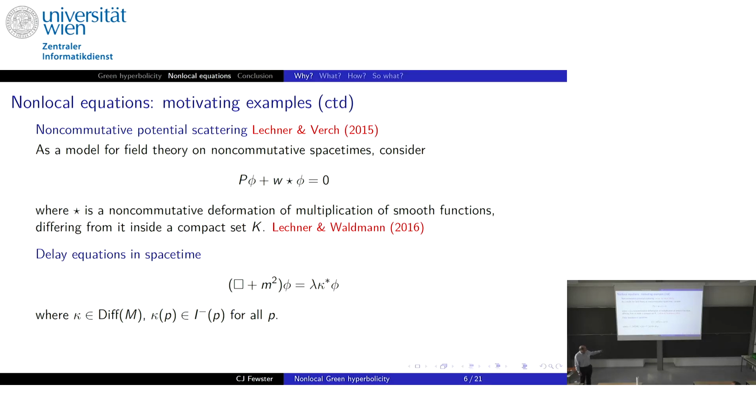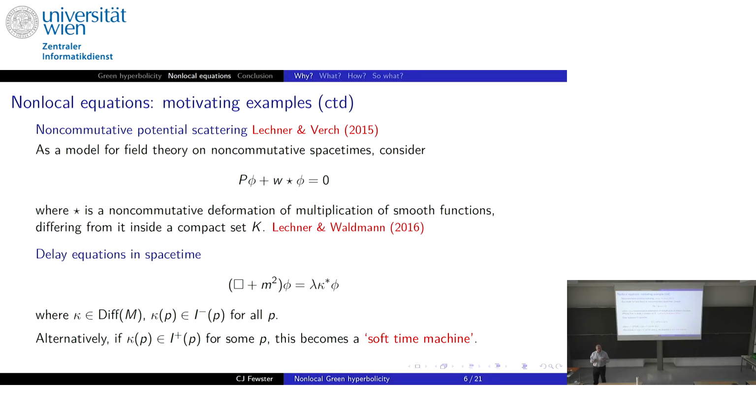And for example, supposing that the diffeomorphism always maps P into its chronological past, then this would be a delay equation in space-time. And it's clearly non-local because it mixes up values of the field at different points. And for amusement's sake, what if you let kappa map P into its chronological future? Then it's not a delay equation anymore, but it's some kind of, well, I call it a soft time machine,